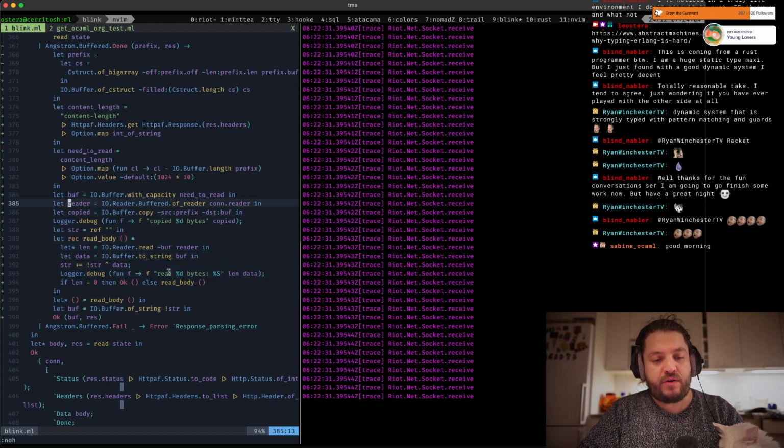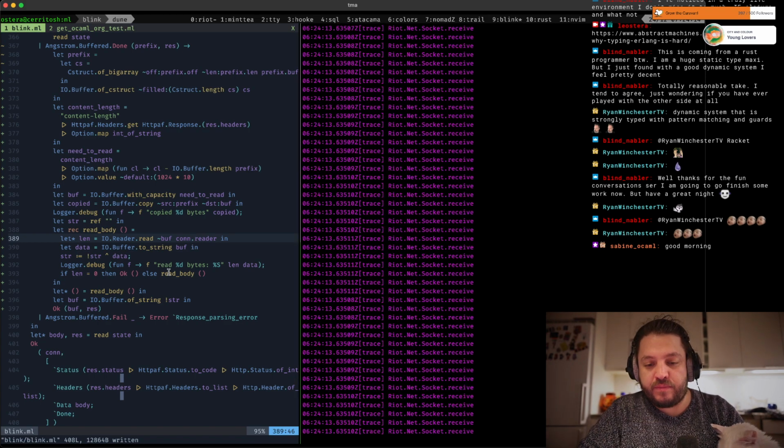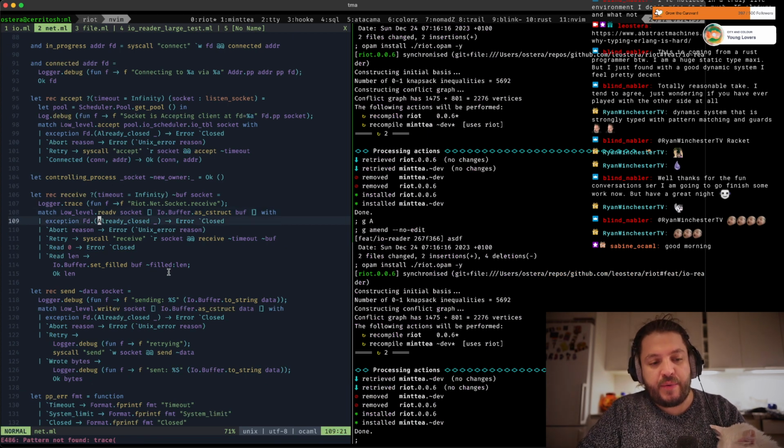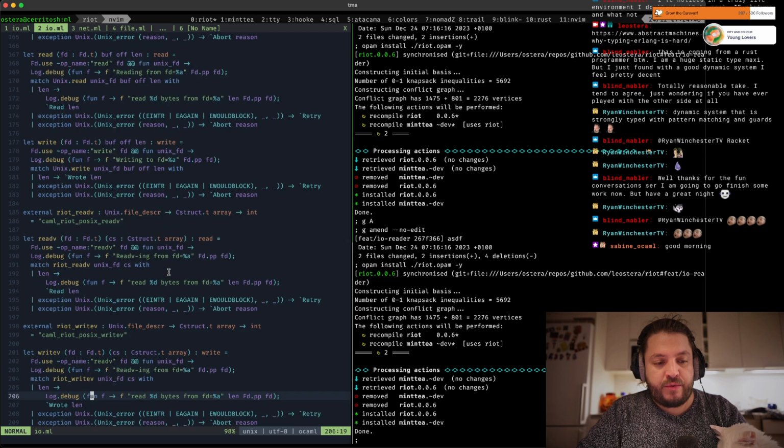I don't know. I don't know what it could be. It's definitely not the buffer reading, right? We just enter this state in the socket. It is also possible that we have a bug in here where when we go into the low level module, right, and we do read B, right,